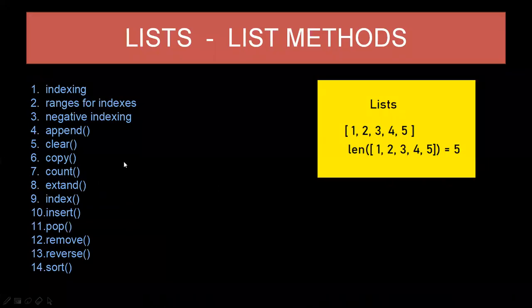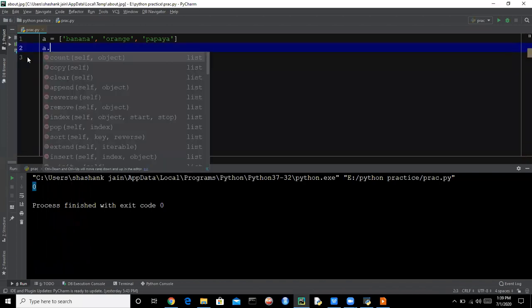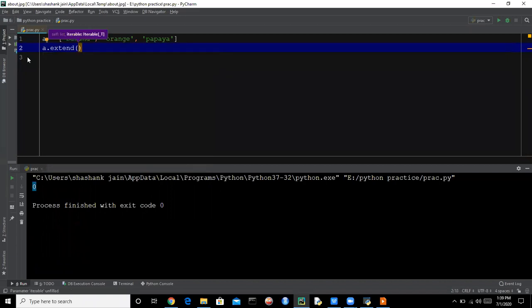The next thing is the extend function. So the extend function is a.extend. Here is the syntax for the extend function. The extend function is used for extending a list with another list.